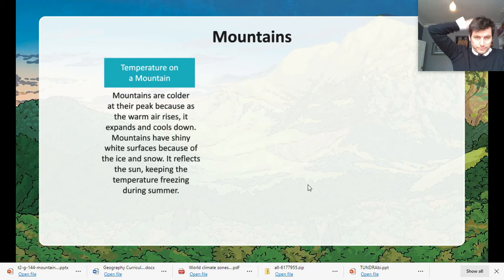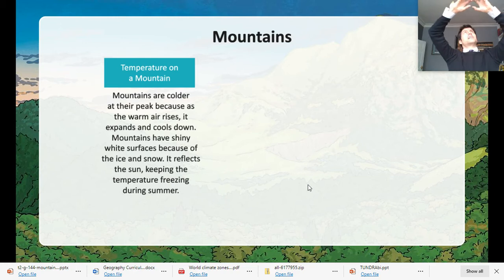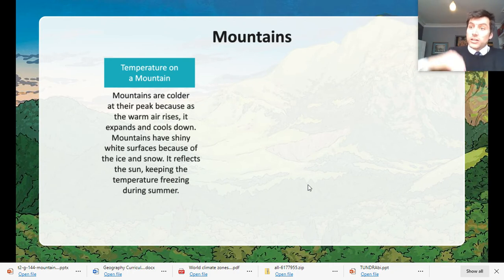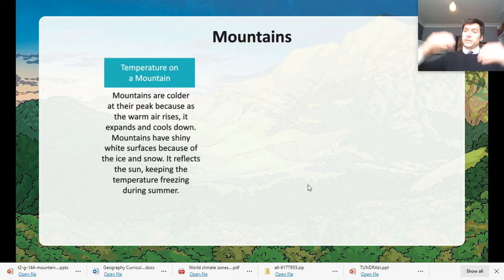Mountains, their temperatures vary depending on the location of them. The higher you get, the cooler it is. Because as the warm air goes up, because we know that warm goes up if we think of smoke and steam, as warm air goes up, it expands, and because it expands, it gets spread out. It cools down. Okay. At the top, at the peaks of mountains, there's those icy, snowy surfaces, and because of that,